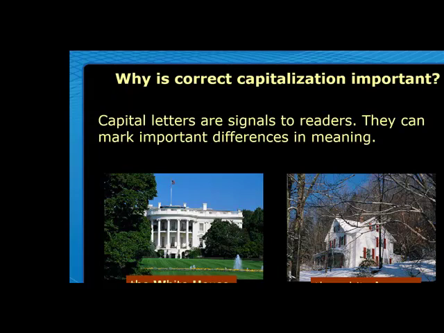Do you notice the difference? This one starts with a capitalized letter because it's the name of this particular place. But this one is just written in lowercase letters w and h to show that it's a regular house. Like, go to that area, you will find a white house there. Let's move to the next one. Another example: last year, I had a tour in the White House, the residence of the USA president. Exciting, yes, it is.